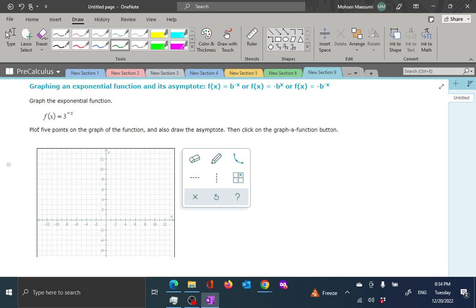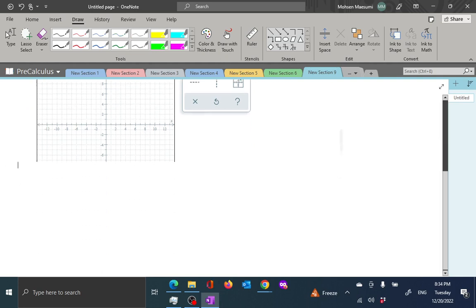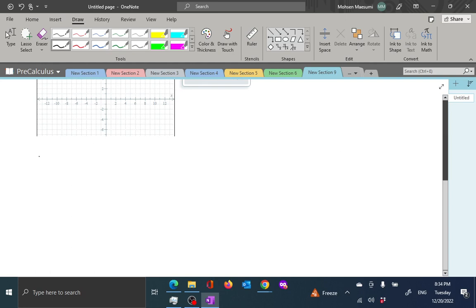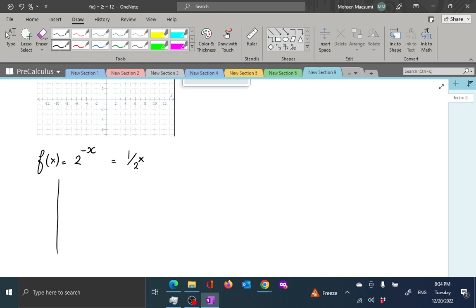We are going to make our b some friendly number, no more fractions here for a while, so let's just say 3 or 2 or something like that. It's just as good. Let me pick an example here. Let me start with 2 to the power of minus x, and then you do the case for 3. So, negative in the exponent as opposed to negative near the base. What's the difference? 2 to the power of minus x is a shorthand for 1 over 2 to the power of x. So if you want to make a table for this function,